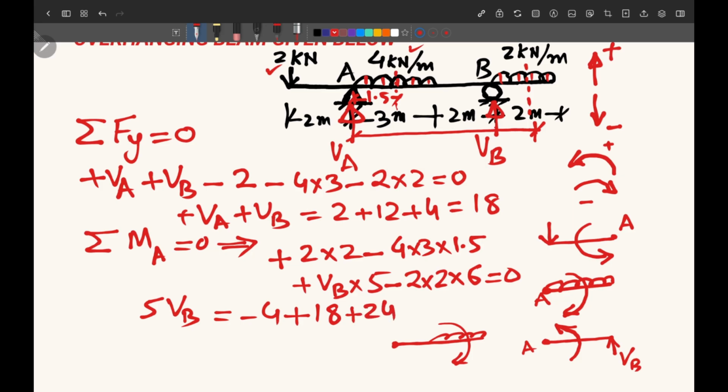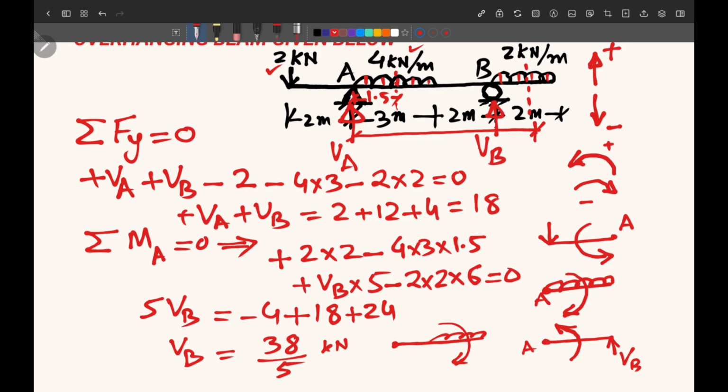Okay, so we have minus 4 plus 18 plus 24, and here we have 5 VB. Therefore VB is this total value divided by 5, and that total value is 38. So VB is 38 upon 5